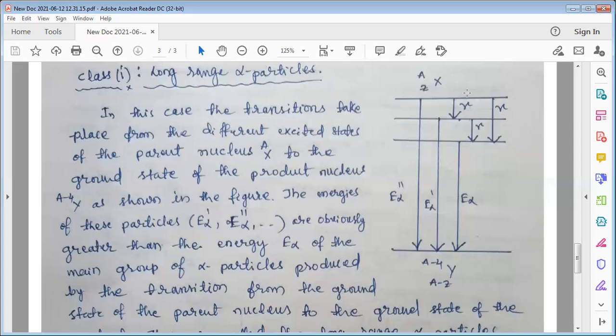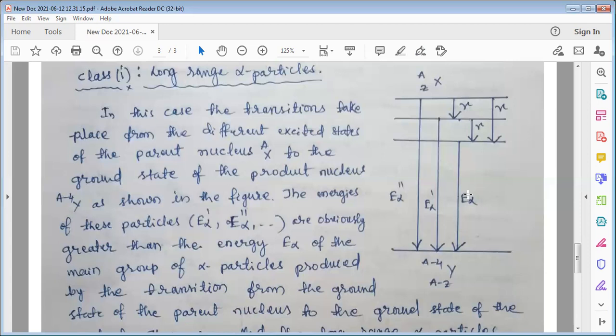And if the transitions are from different states of the parent nucleus to the ground state of the daughter nucleus or the product nucleus, then alpha particles of different energy will be released. But it is found that these alpha particles